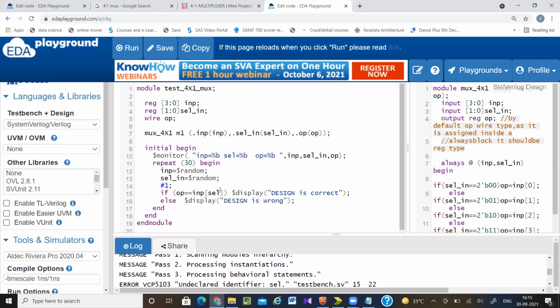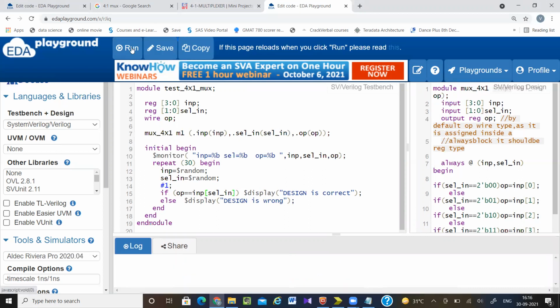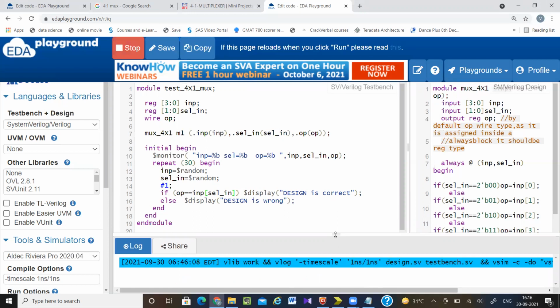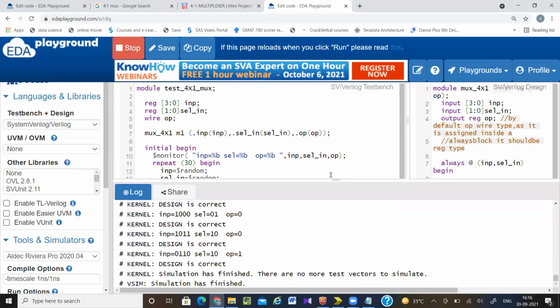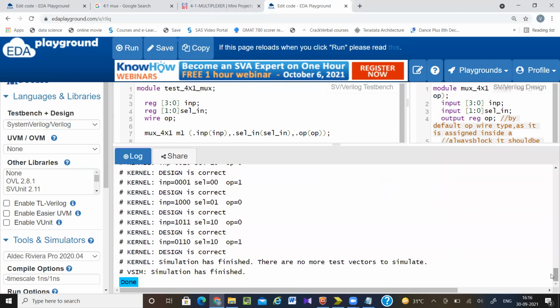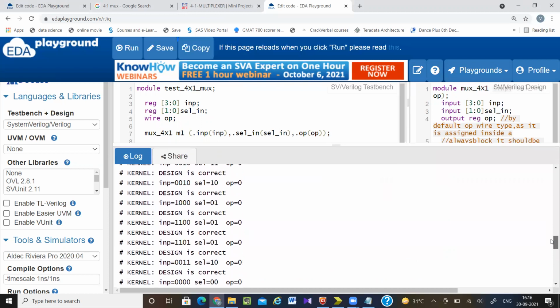And where I have written select, that should be select in. Okay, so now you can see everywhere it is giving design is correct, design is correct.